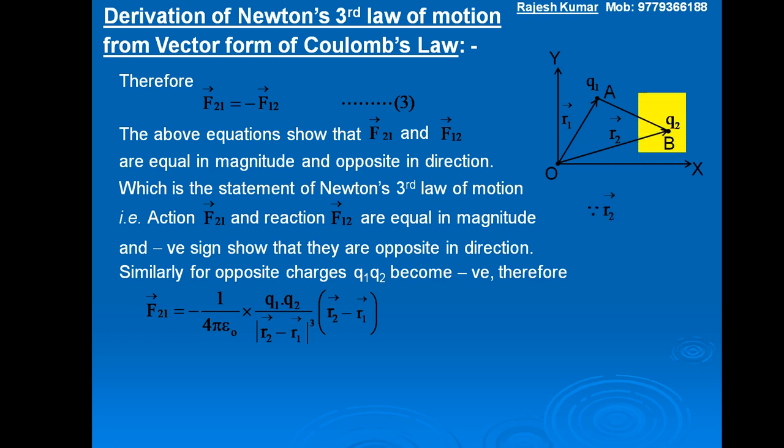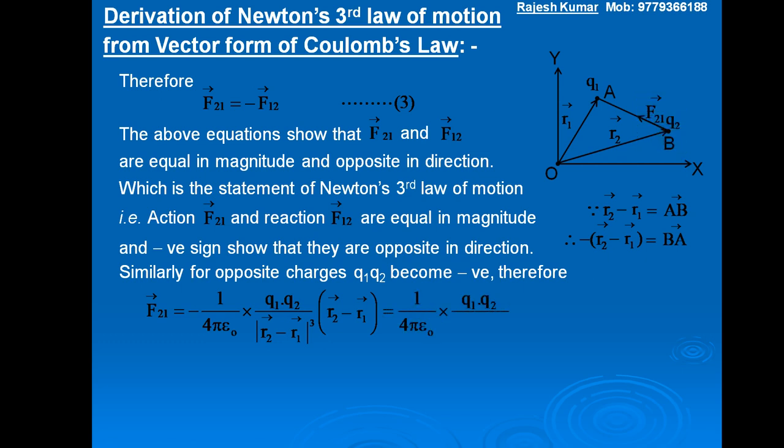Now, because R2 vector minus R1 vector is equal to AB vector, therefore minus of R2 vector minus R1 vector in the bracket becomes equal to BA vector. So direction of force F21 is along BA, see in the diagram,